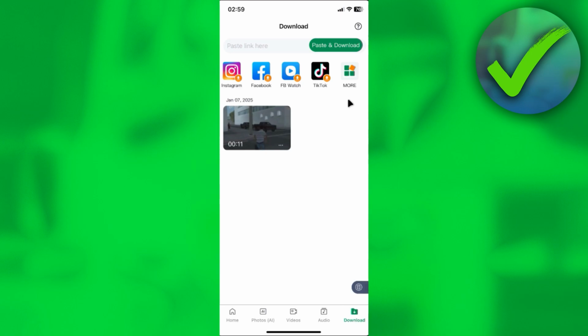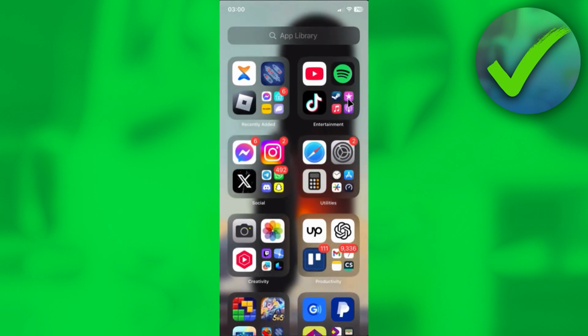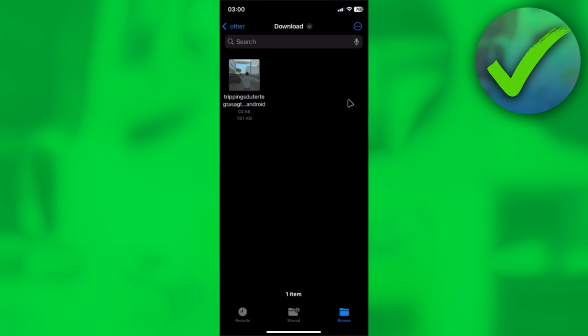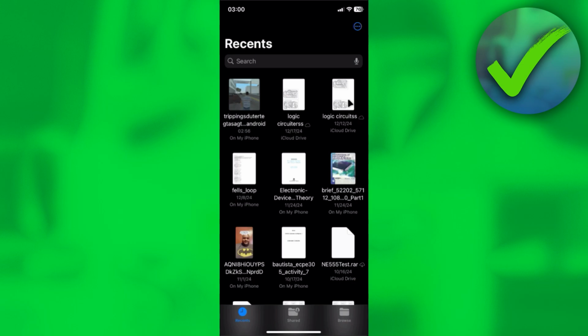But when you download a video from Xender, you will not be able to see it directly in your Photos app in your iPhone. So what you want to do is to just simply go to your files folder. So I'll just search up for files right here. I'll just open it up. And then from here, you can either go to your recents page right here, or what you can do is